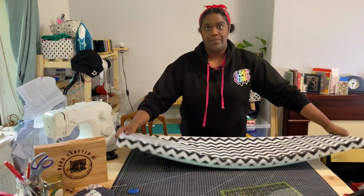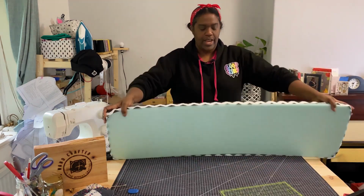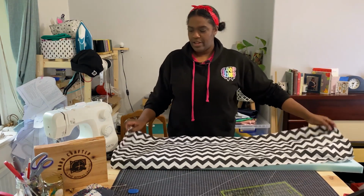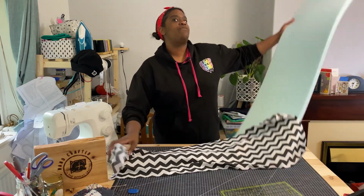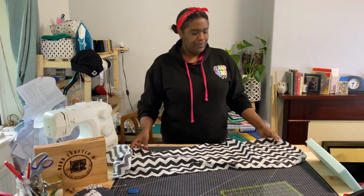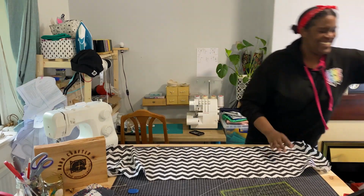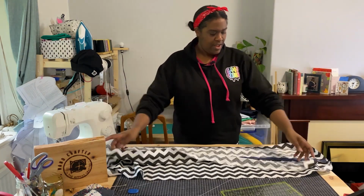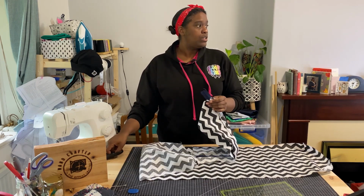So what we're going to do now is attach the bottom piece here that we sewn earlier. The way that we're going to do that is, again, right sides together. We're just going to pin everything into place. We definitely want to pin this because if the fabric shifts at any point, it will mean you have to unpick and re-sew. So let me just grab the top piece that we sewn earlier. There we go. Okay, and like I said, we're going to sew that right sides together. Oh, I noticed that we've got a bit of zip left over, so we'll just